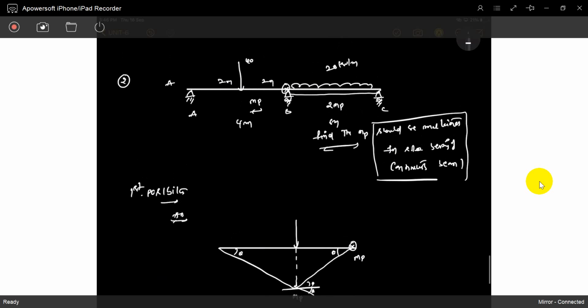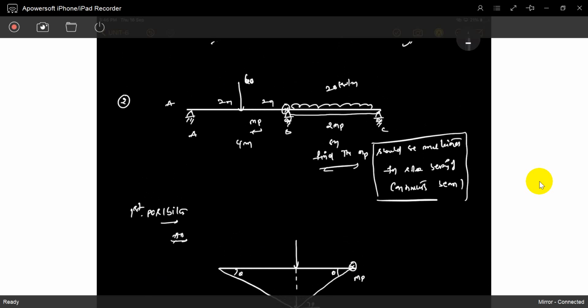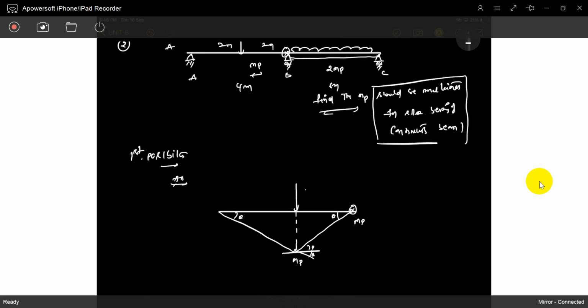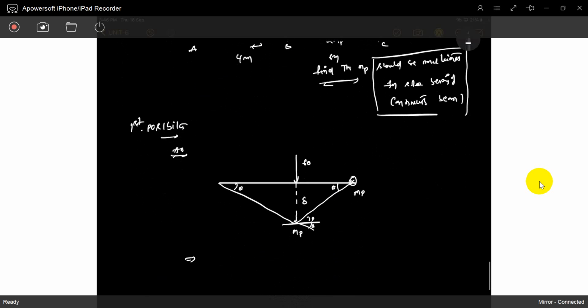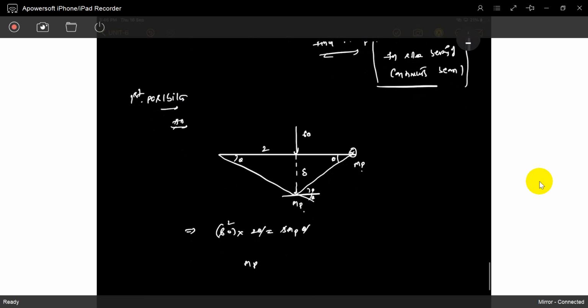The load is taken as 60. This is 30. This is 60. Can you write down? Exactly, you can easily write down. 60 into this is 2, na? 2 theta. So you can write 1, 2, 3 MP theta. Okay, so what is MP? 3 MP equals 120, so MP is 40. That is 40 kilonewton meter. That is one possibility. You can write it down directly.